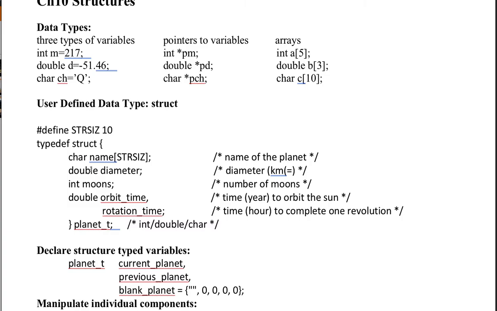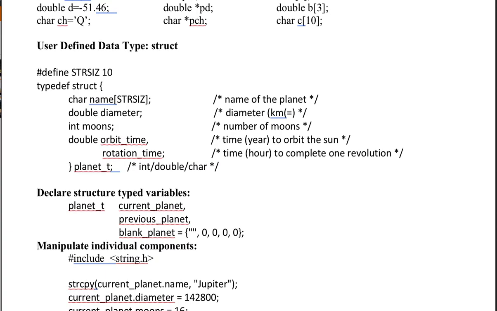Okay. And then in the end, after the pair of braces, you want to put the name of the structure, and the name in our case is planet_t. Keep in mind that this planet_t is a type. From now on, after it is declared and defined, planet_t is considered as a type. So in the next part,